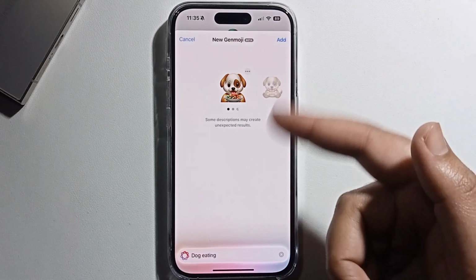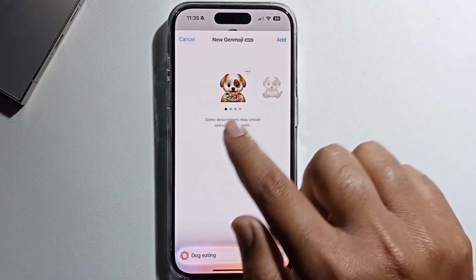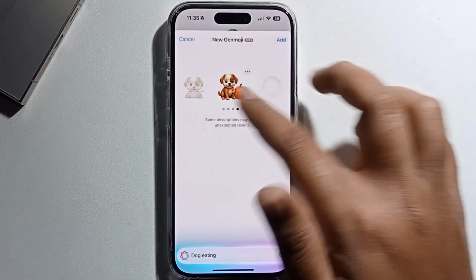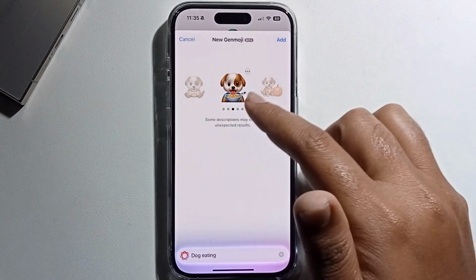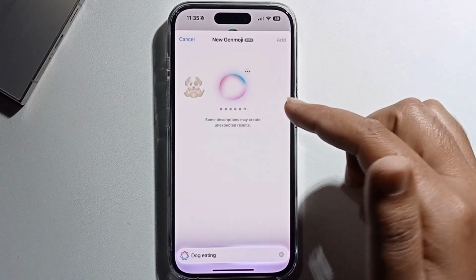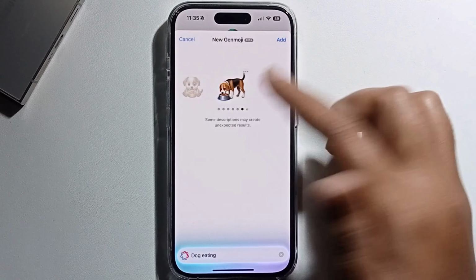then it shows more. So look at this and select on it. Now I'm selecting this. Okay,